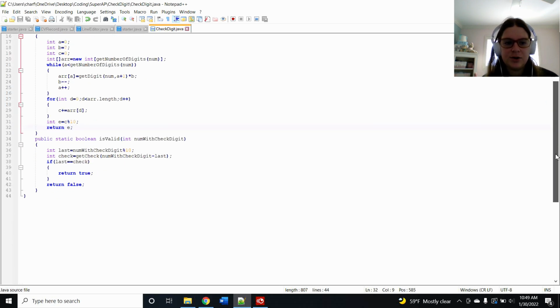And then the second method you guys were responsible for was isValid, and that took just another int parameter. So we start with int last equals numWithCheckDigit modulo 10. Again, we're taking the last digit of numWithCheckDigit. And then we have int check equals the check digit of numWithCheckDigit minus last,